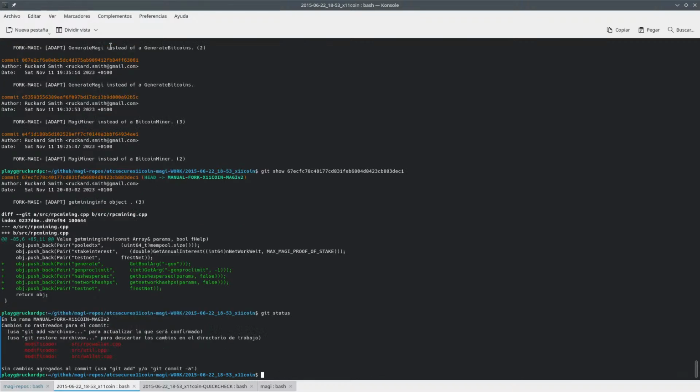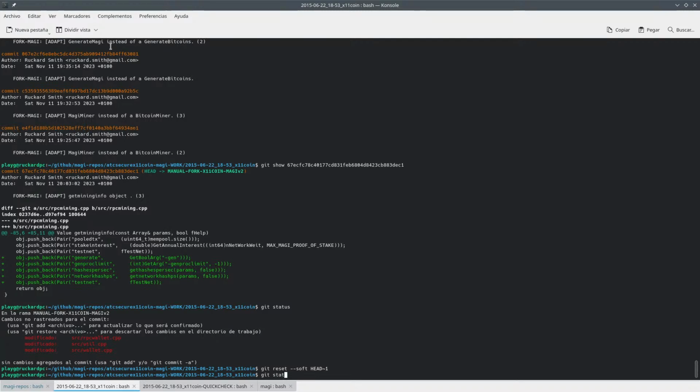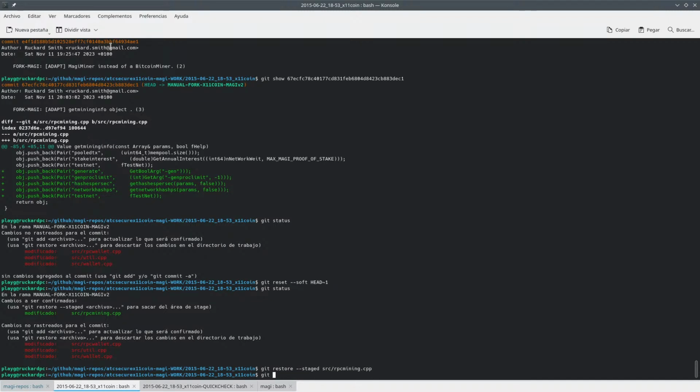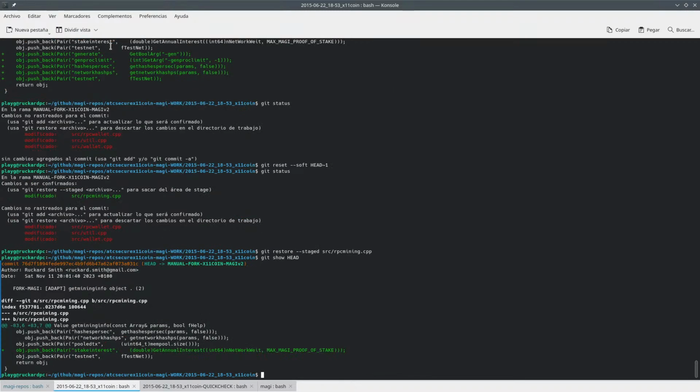So let me reset hard HEAD~1, and yeah, rpc/mining.cpp. And so now the latest commit is the stake interest, and so what I want to do is